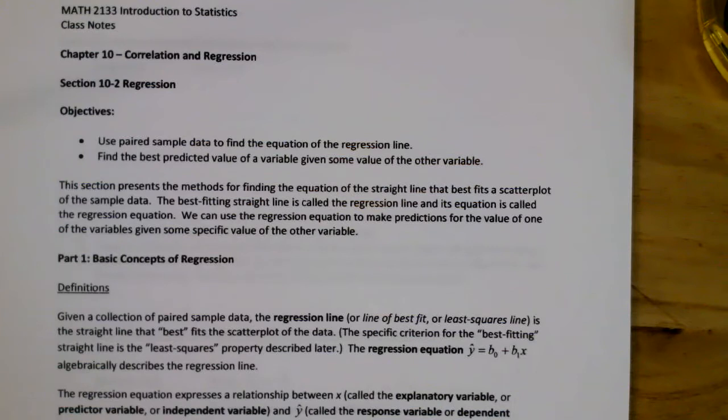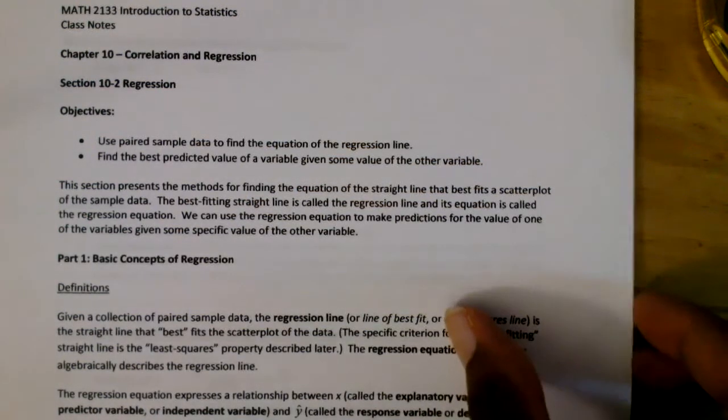Okay, so what we're going to be looking at is methods of finding the equation of a straight line that best fits a scatter plot of the sample data. And the best fit straight line is called the regression line, and its equation is called the regression equation. And here we can use the regression equation to make predictions for the value of one of the variables given some specific value of the other variable. All right, now let's look at some basic definitions here